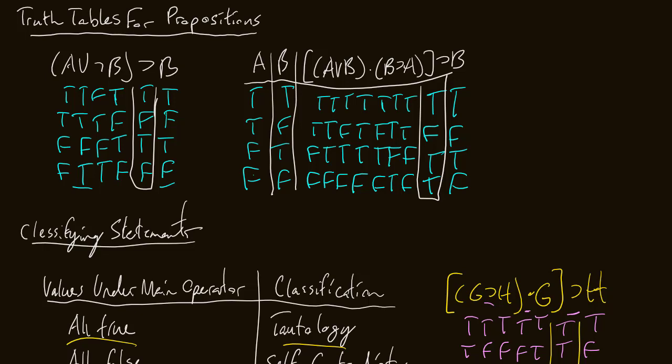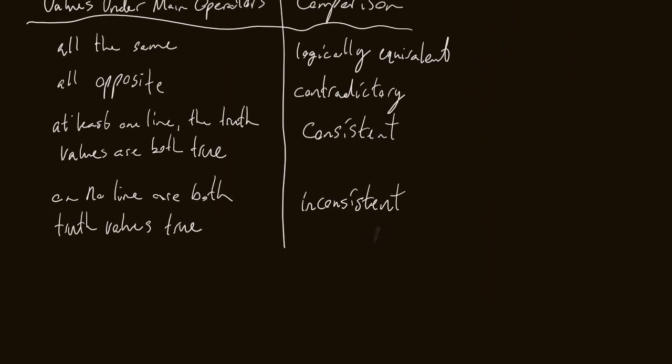So if you are comparing two statements, it is crucial that your truth tables align with each other. Otherwise, you're going to either make an incorrect classification or cause yourself a lot more trouble than you need to. Just always follow this order. It's way simpler. So now that we understand that, I want to do some examples of consistent or inconsistent